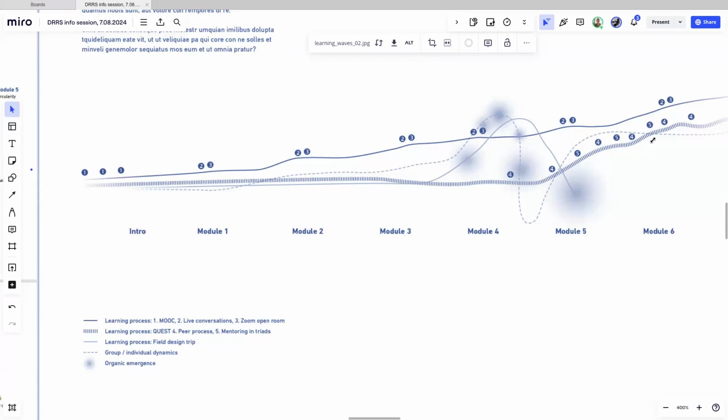So this is more or less how the quests behave along our program. And we have also the field design trip. This is the most dynamic and intensive part. CAS2 was very special with this field trip happening around the 4th and 5th module, because usually our idea is to bring people together and help them connect physically at the very beginning.